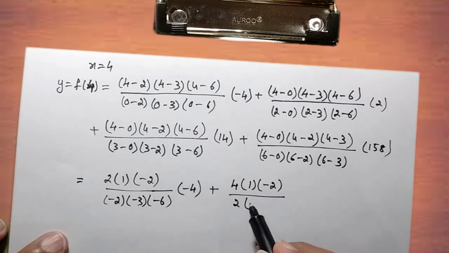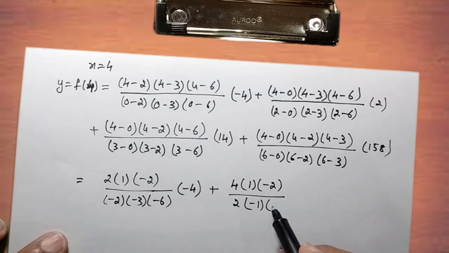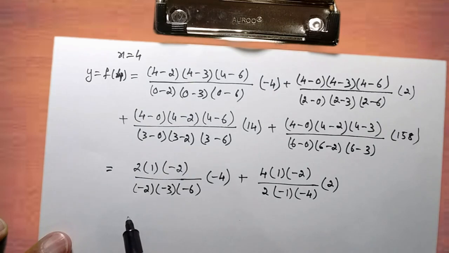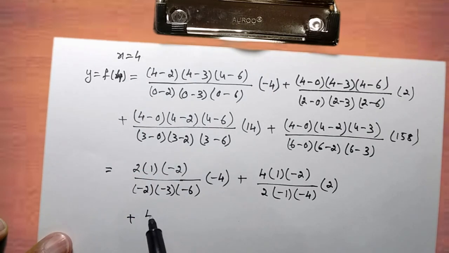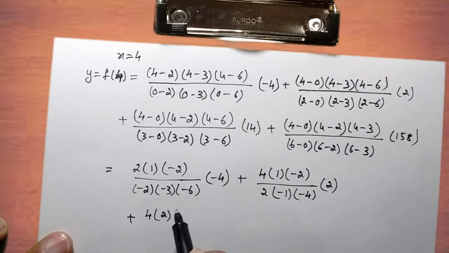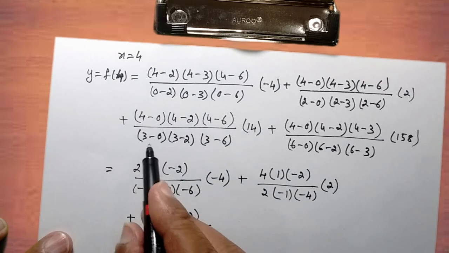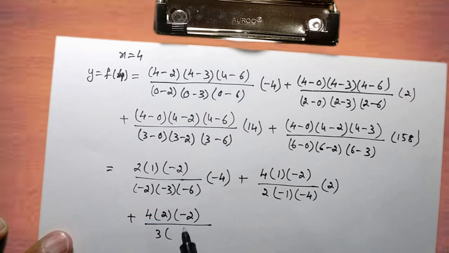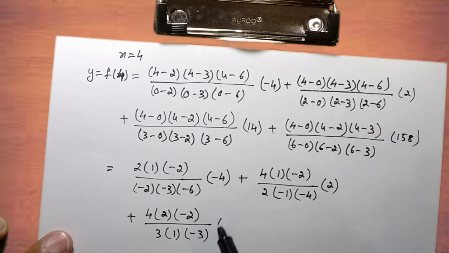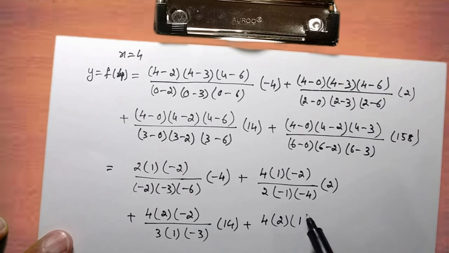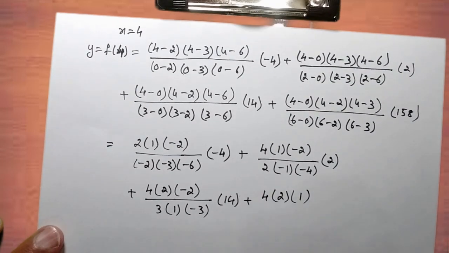Then 2 minus 3 will be minus 1, 2 minus 6 will be minus 4, into 2. The next term plus: you have 4 minus 0 will be 4, 4 minus 2 will be 2, 4 minus 6 will be minus 2, whole divided by 3 minus 0 is 3, 3 minus 2 will be 1, 3 minus 6 will be minus 3, into 14, plus 4 minus 2 will be 2, 4 minus 3 will be 1, whole divided by